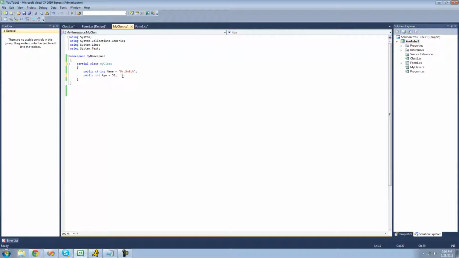You can also use the partial keyword on methods. So if we were to create a partial method here, and it will just display a message to the user, then when we create a partial method, we cannot provide implementation for it, meaning we cannot put curly braces down. We have to do that in another partial class. So if we go over to this other partial class here, and we create another partial method, we have this partial method with the same signature, meaning it has the same name and the same parameters, then